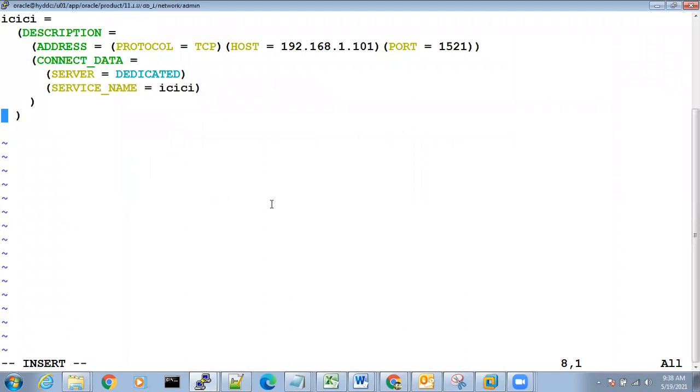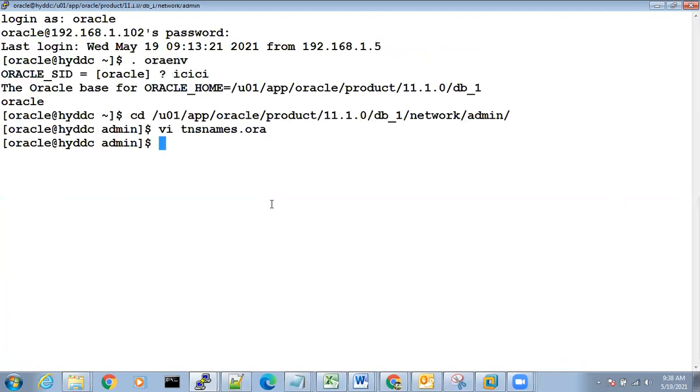Okay, right click. Now check. This is the TNS name, ICICI. So when you want to connect to the ICICI database, this will read everything: 192.168.1.102, the port number, and which service you want to connect, the ICICI service, right? Save this file.